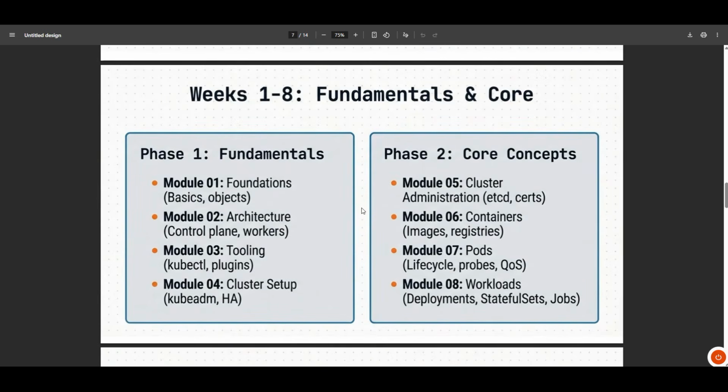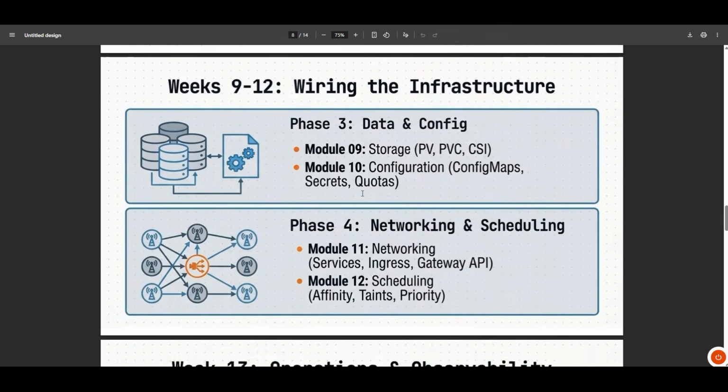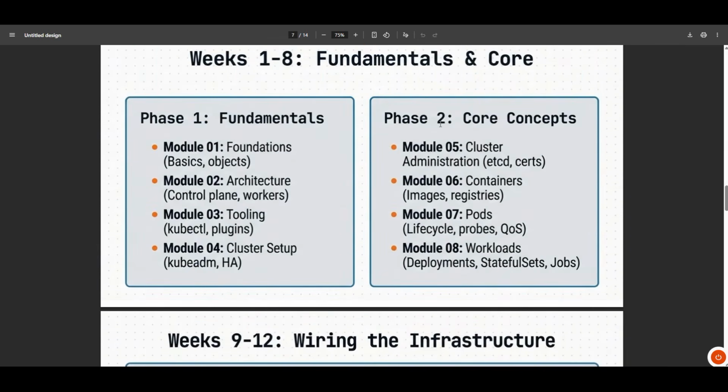So what exactly are we going to cover? We are going to cover every aspect of Kubernetes with respect to the official documentation of Kubernetes. If you go to the Kubernetes official documentation, we are covering everything mentioned in the documentation. If you want to know the topics, you can read through here.